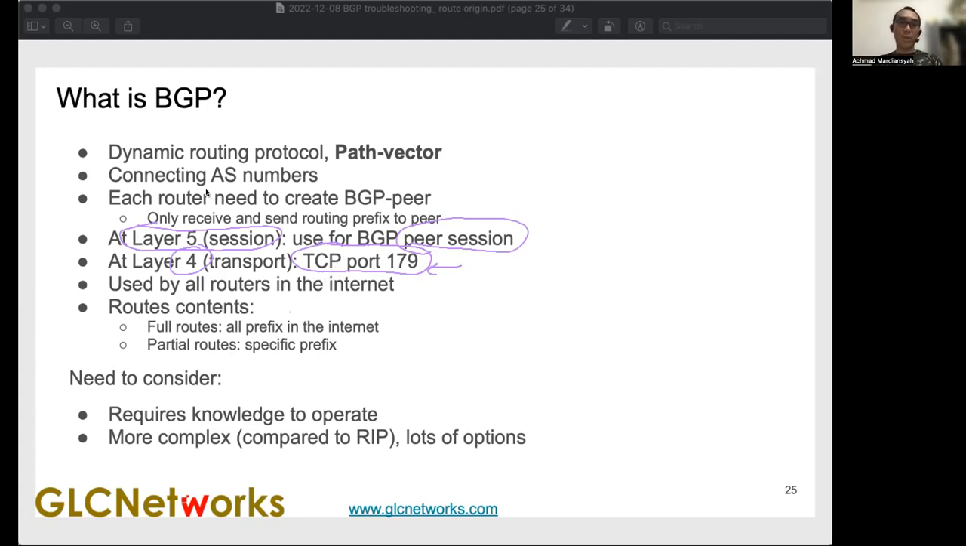But now we don't talk about OSPF. We are talking about BGP, right? So BGP here is used by